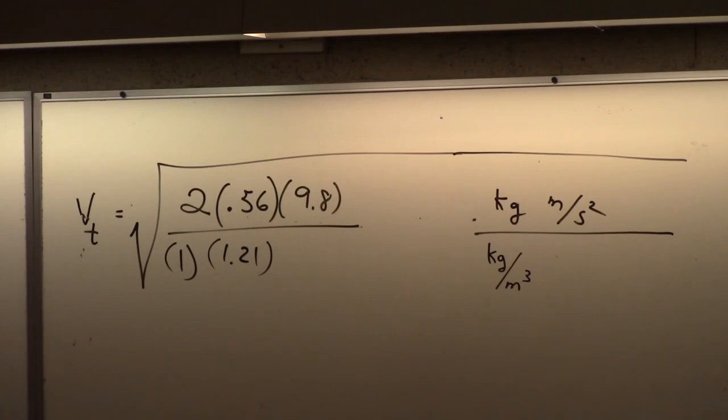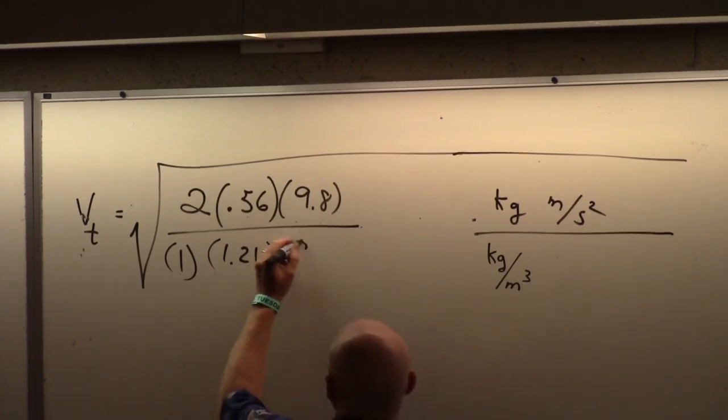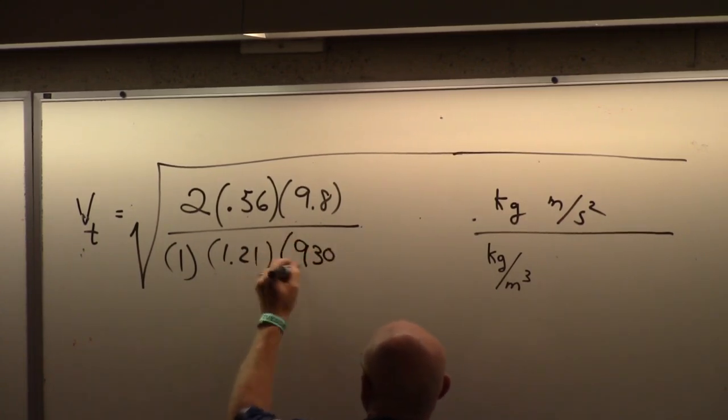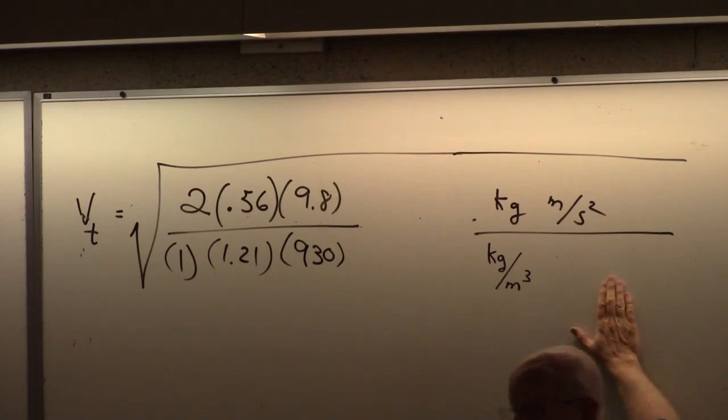Oh, and here's another tough one, right? This is why my warning lights were going off. What's the area? The cross-sectional area as a squirrel falls down. I believe it said 930 square centimeters. And so I'm going to put right here area 930, and then over here I'm going to put